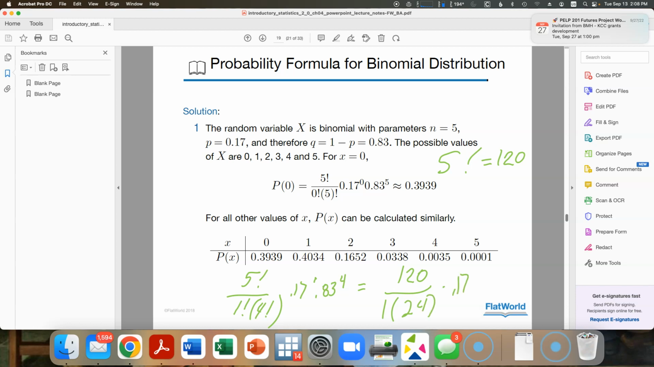Times 0.17 times 0.83 to the 4th power. That's 0.47. I'm just rounding to 2 significant digits. So it'd be 120 divided by 24. That's 5. So this is equal to 5. So 5 times 0.17 times 0.47 is equal to